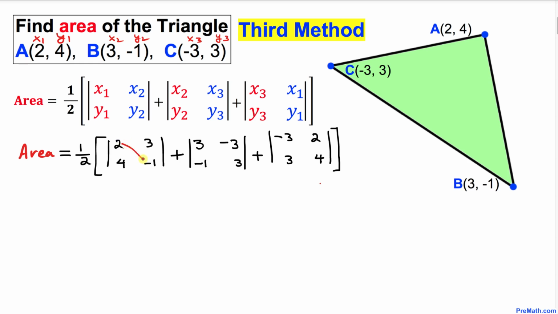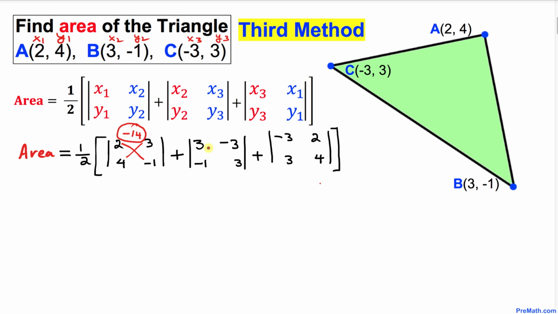Let's go ahead and cross multiply this thing. 2 times -1 is going to give us -2, and then always put a minus sign and then cross multiply the other way around, which is 12. So -2 and then -12, that means that's going to give us -14. So the value of this determinant turns out to be -14. Let me just write it down over here.